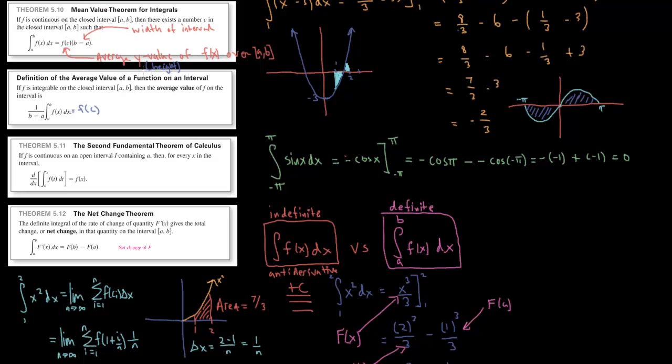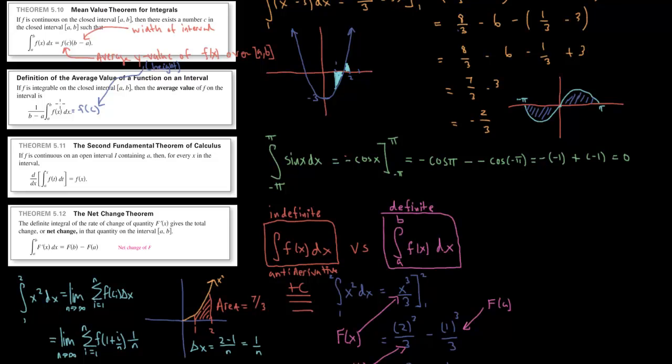So if you want that average height, that average y value, this is all you have to do. Take your definite integral and divide by b minus a, which is the same thing as multiplying by 1 over b minus a. This is what the mean value theorem for integrals does for us. It allows us to find the average height of a function, but more importantly, it allows us to find